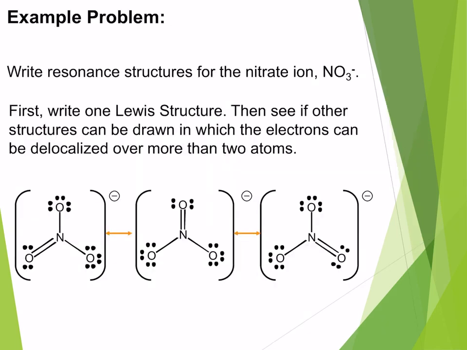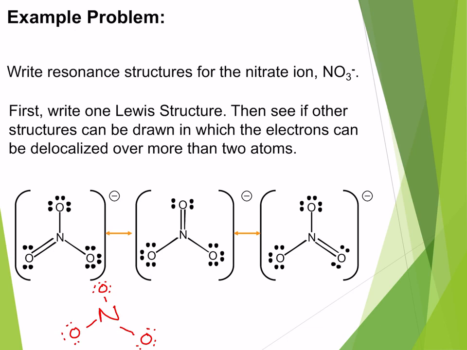If you were to write the resonance structure for nitrate, the way that you would do it is to first write one Lewis structure. Draw one really solid Lewis structure that follows the octet rule, has the right number of electrons and things like that. And usually you'll get to the point, when we drew this in the last PowerPoint, we got to this point,